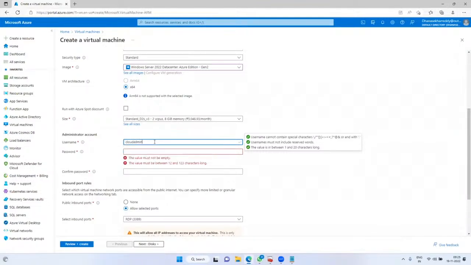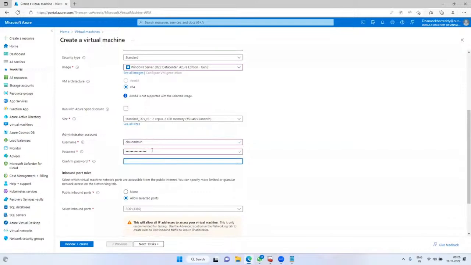My standard username, in the entire course wherever I am using usernames, will be cloud admin. That is the common admin name I will use. Next, cloud admin. Password I am passing SharePoint at the rate of 12345. You can pass something like welcome 123 or your name at 123, India 123. Anything you can pass. I am passing SharePoint at the rate of 12345.